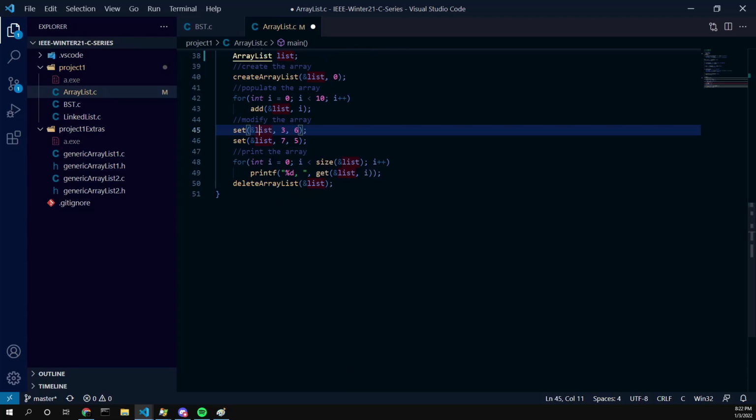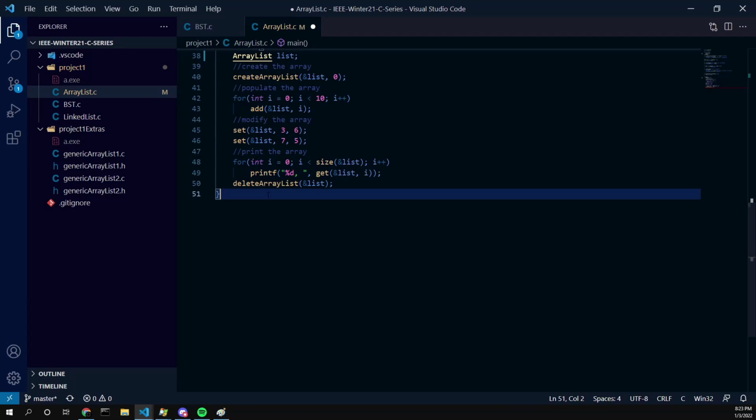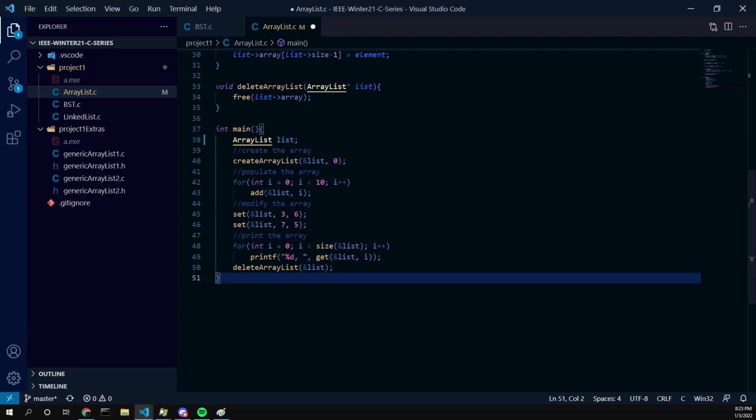Then finally, I print everything out using my get method, and I use my size method for the loop. So I'm going up until the size, and while I'm less than the size, we get the next element of the list. And finally, at the end, unlike C++ and Java, because Java has the garbage collector and C++ has a special thing